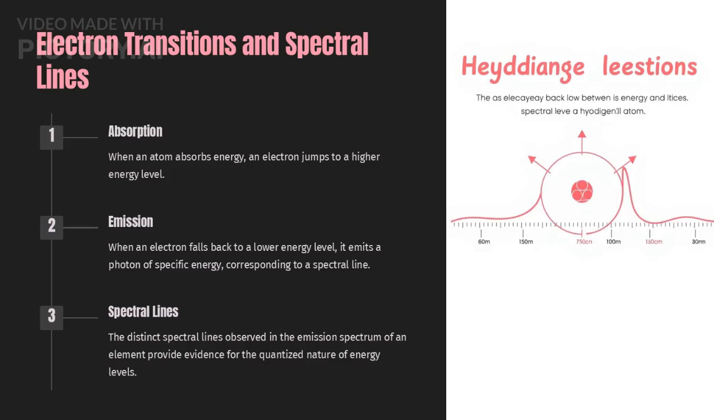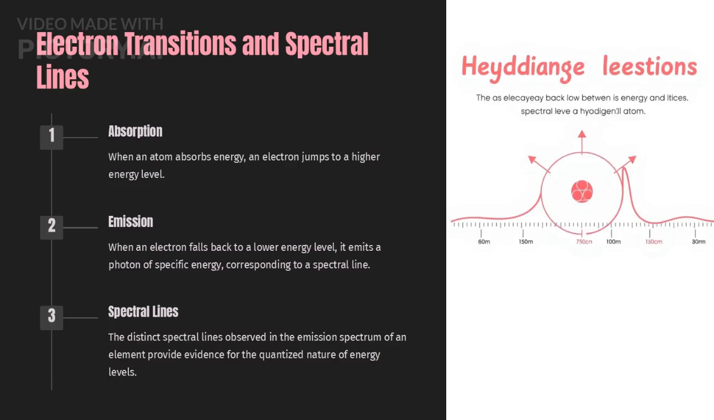When an atom absorbs energy, an electron jumps to a higher energy level. When the electron falls back to a lower energy level, it emits a photon of specific energy, corresponding to a spectral line. The distinct spectral lines observed in the emission spectrum of an element provide evidence for the quantized nature